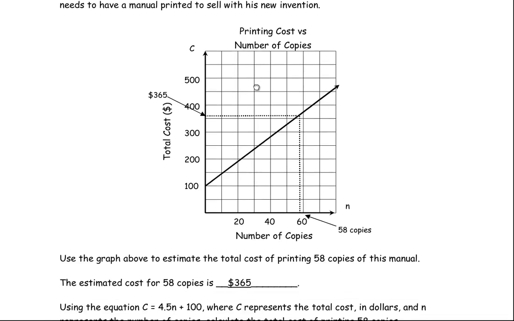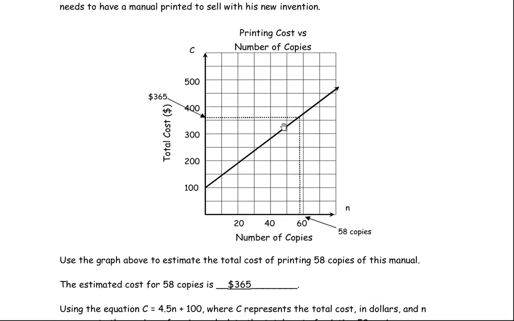And so we have this graph here which shows the cost for up to about 80 copies. If you looked at this online or downloaded the PDF, there's a couple of things you won't see. I've added these two dotted lines at the 58 copies and the 365 here. And it asks below the graph, use the graph above to estimate the total cost of printing 58